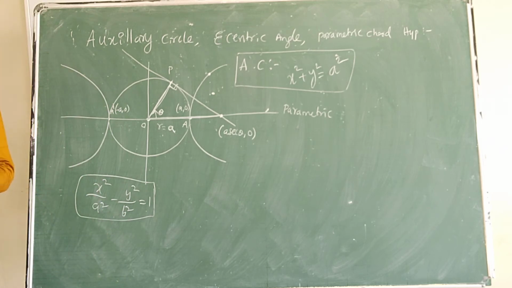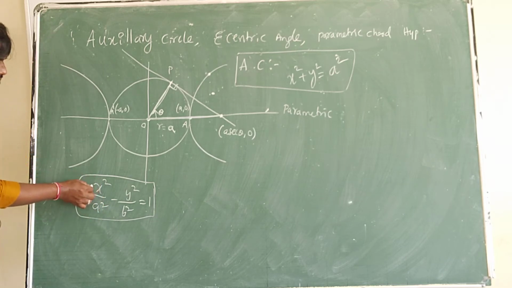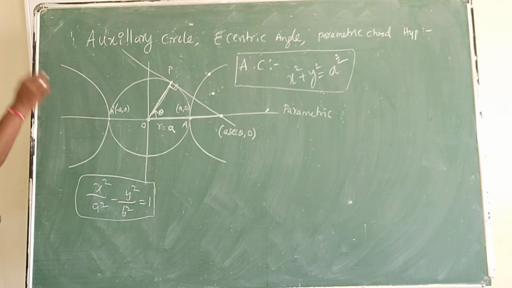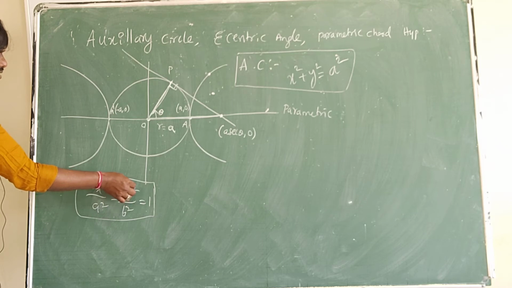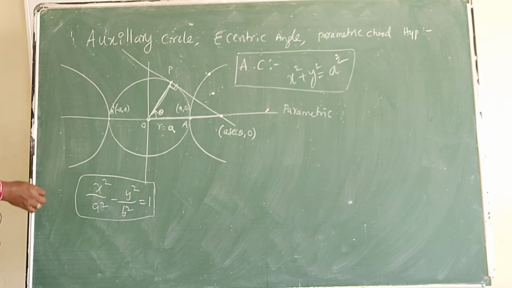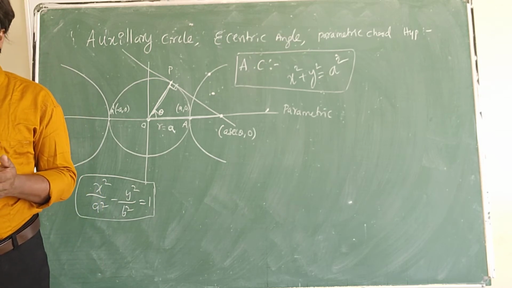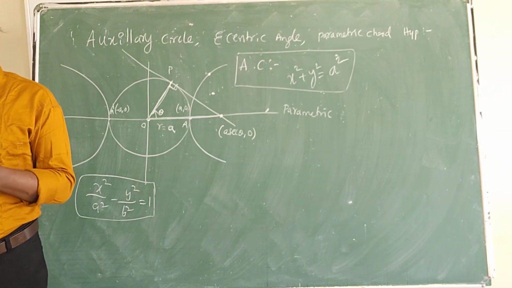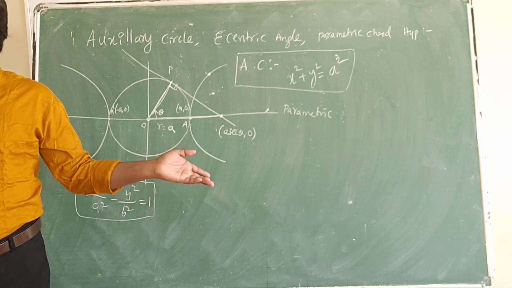What is the parametric point? Parametric point means it satisfies this equation. If I substitute in this ellipse, a cos square theta by a square cancels, b sin square theta by b square cancels, it is a plus, and you are going to get 1. Likewise, sec square theta minus tan square theta, what will you get? What do you get? In the plus case, what happens? cos square theta plus sin square theta is 1.